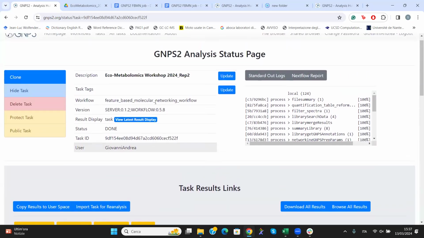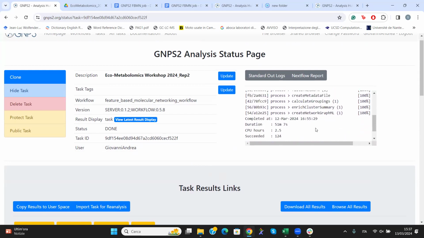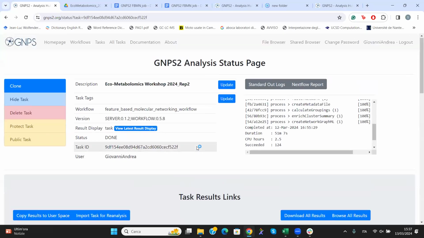what these are, as I told you before, the results of our first GNPS2 job. So the status is done. Here we can see some general features of the job, like the time it took to finish, which is this one at this step,